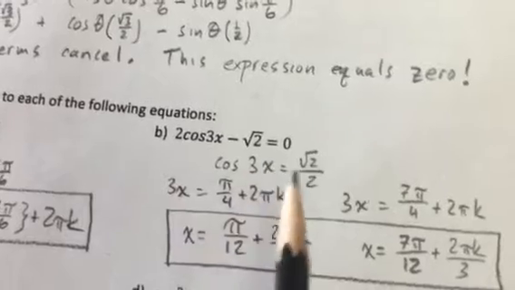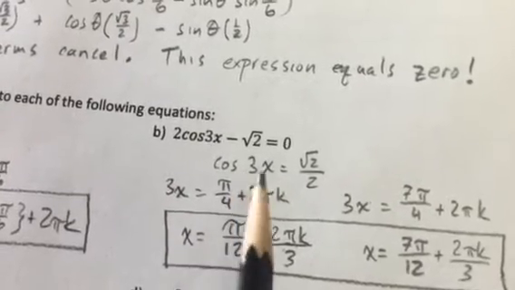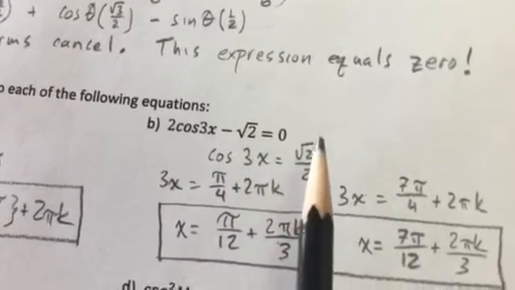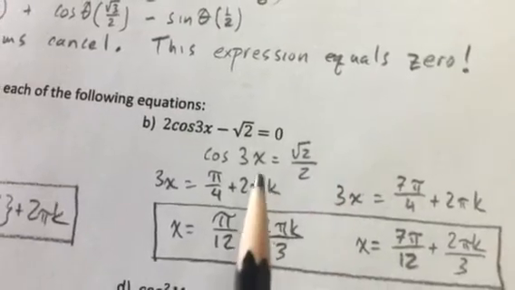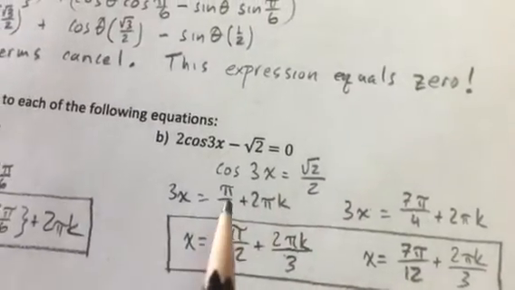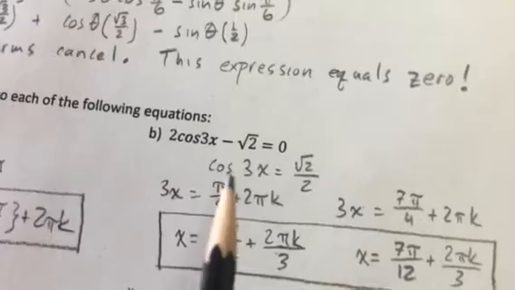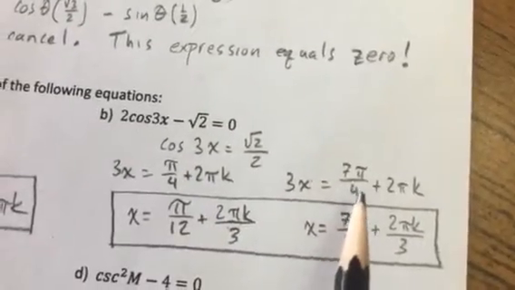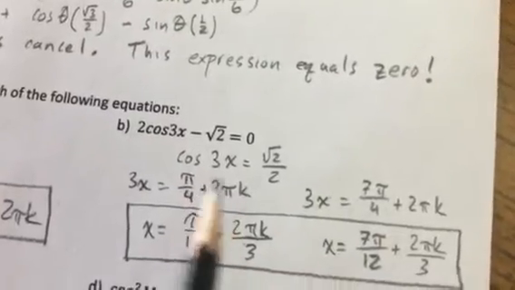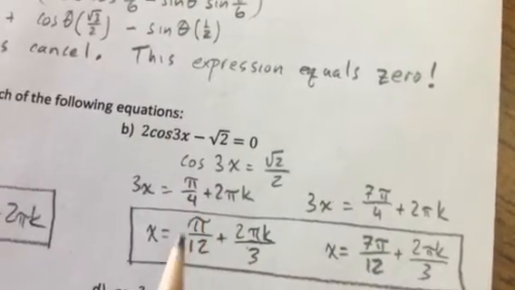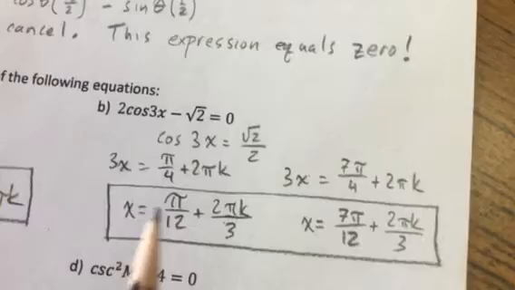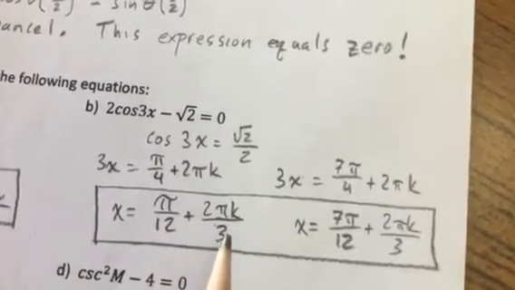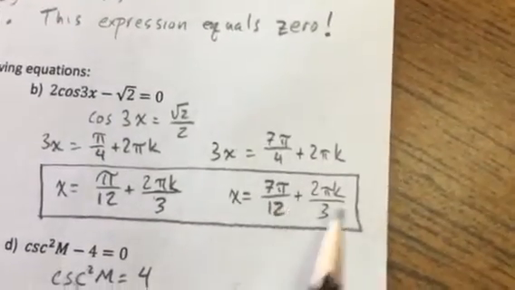Let's see, I isolate the trig expression here to get cosine of 3x equals positive root 2 over 2. That means 3x equals pi over 4, because that's where the cosine equals root 2 over 2. That's at pi over 4, and it's also at 7 pi over 4. So taking these two expressions and dividing each by 3 to get my solutions: x equals pi over 12 plus 2 pi k over 3, or 7 pi over 12 plus 2 pi k